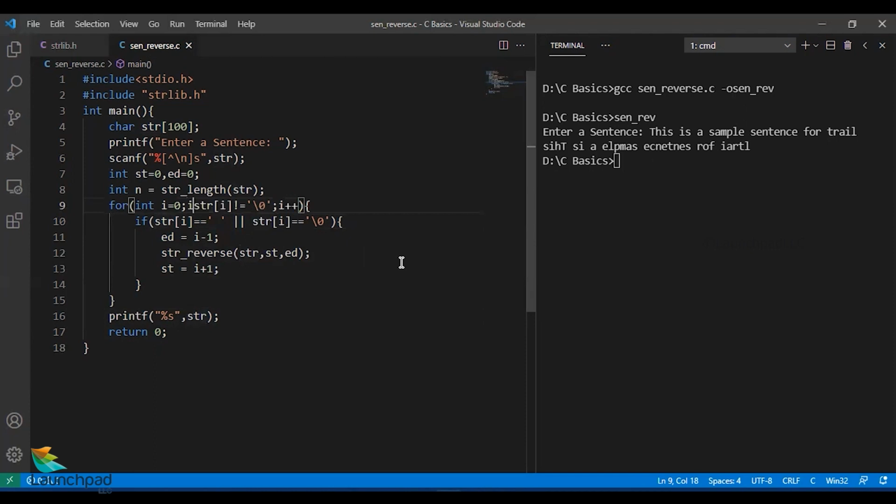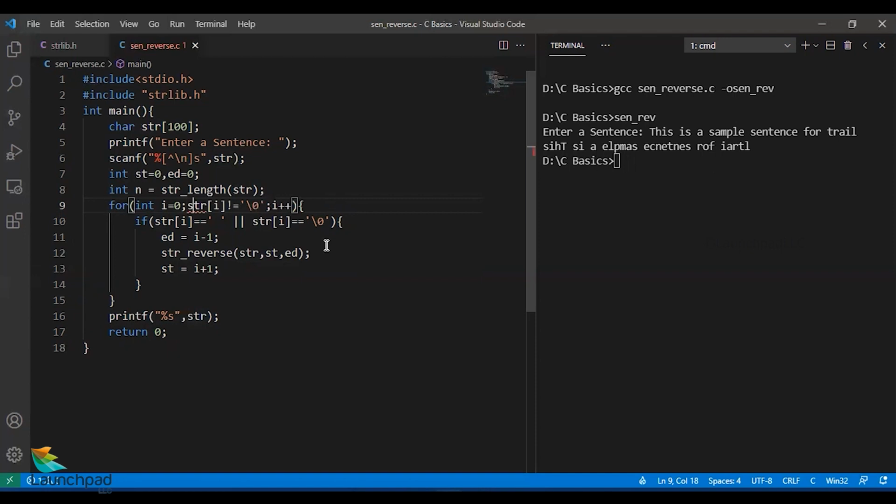And I'm making a small correction here in order to run it for the previous case also. I'm trying to run one extra iteration here, for which I'm just altering the condition to i less than 0 or str of i minus 1 not equal to \0. Just a sec.